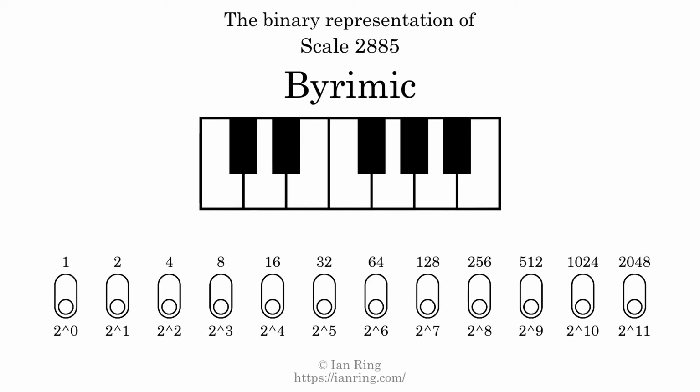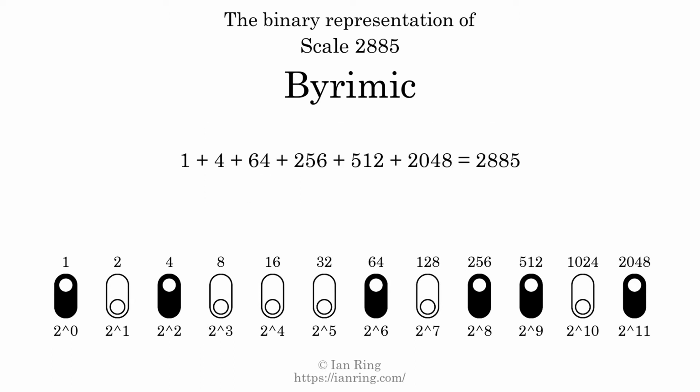The binary representation of this scale is determined by mapping tones of the scale to binary digits. Each binary digit represents a power of 2. To get the scale number, we add the powers of 2 together. The powers of 2 that are present in the scale, all added together, equals 2885. That is why the scale number, in decimal, is